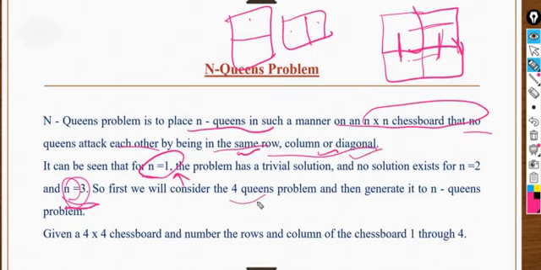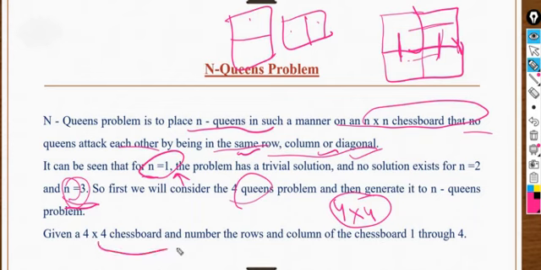So the minimum n value is 4 that we have to take here. A 4 by 4 chessboard we have to take. According to your syllabus you have the 8 queens problem, but to minimize the problem and give clarity about the queens problem, I'm taking the 4 queens problem first. After getting clarity about the 4 queens, you will automatically get clarity about the 8 queens also. So the explanation I'm giving here is for the 4 queens problem, and the 8 queens problem you can directly do. So now let's start.